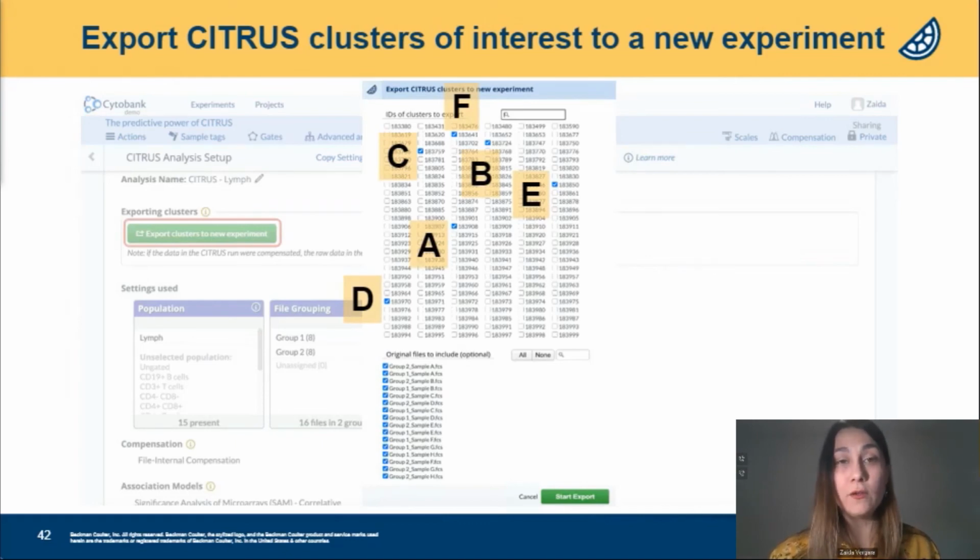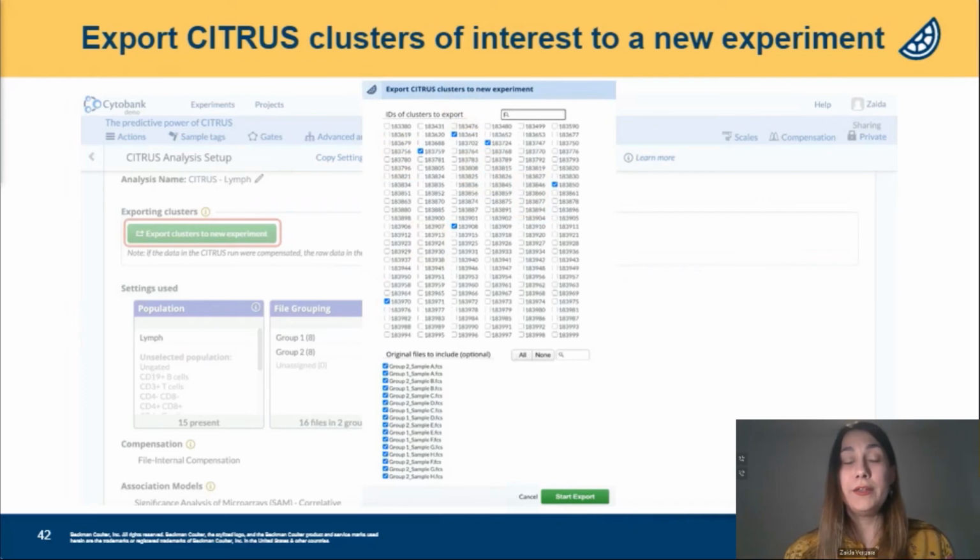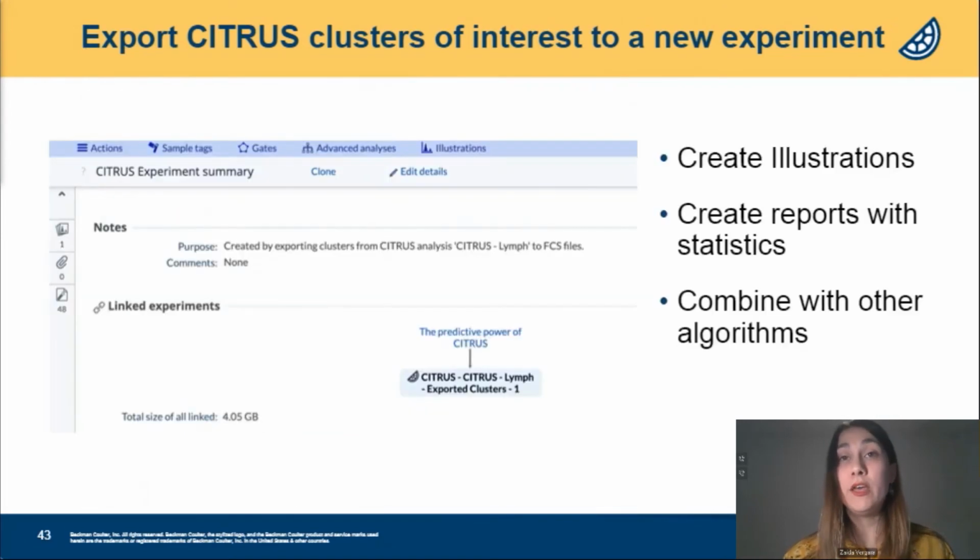You can also include the original files if you want to. And then you just have to click on Start Export. And this is going to generate a new experiment with independent FCS files for each of the clusters in a per sample manner. With that information, we can create new illustrations, create new reports of statistics, and very interestingly, and